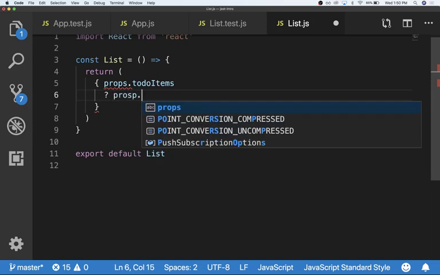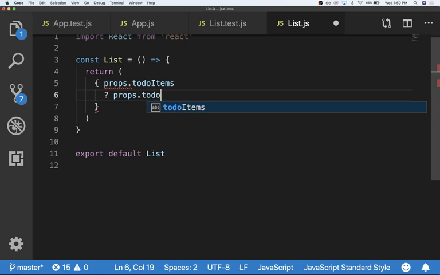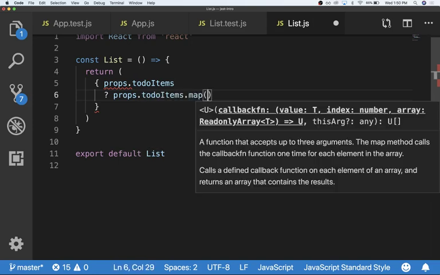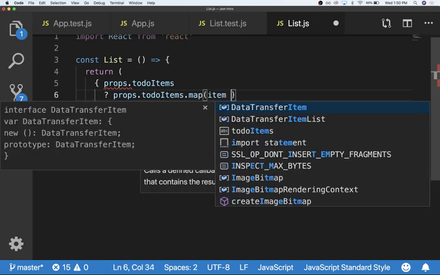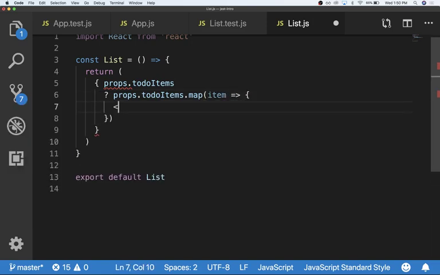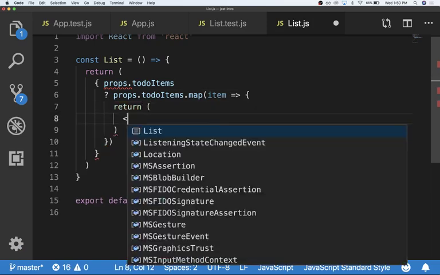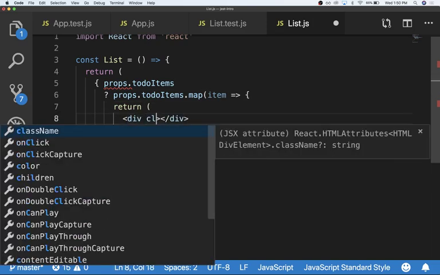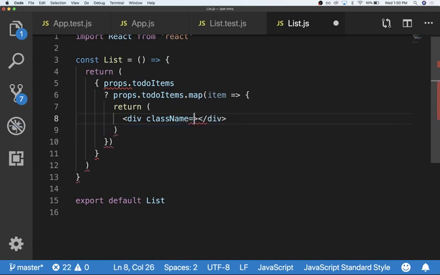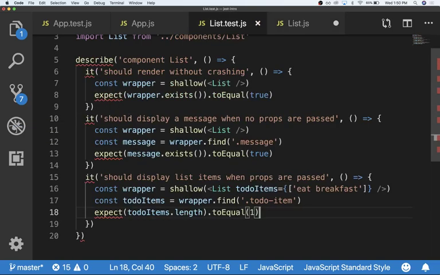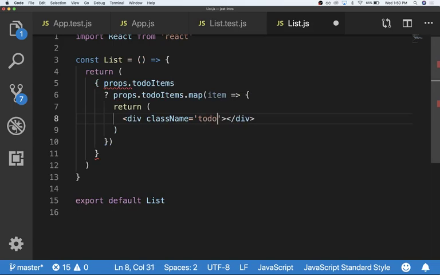So we'll do props.todoItems.map item, and then we're going to return like a div with a class name of, what did we say it was going to be? For the to-do items, they're going to be called to-do item. So to-do item, and then I'm not going to do anything with the item really. We're just going to return one of these for every time. And if props.todoItems is false,